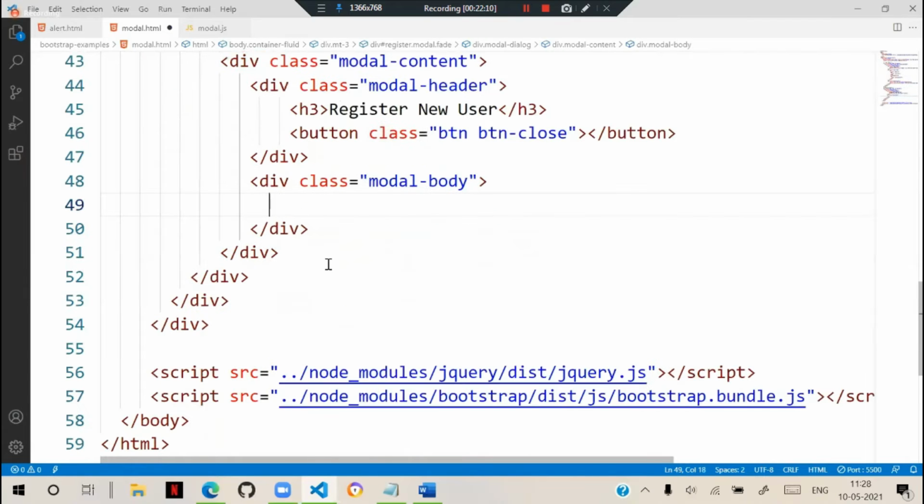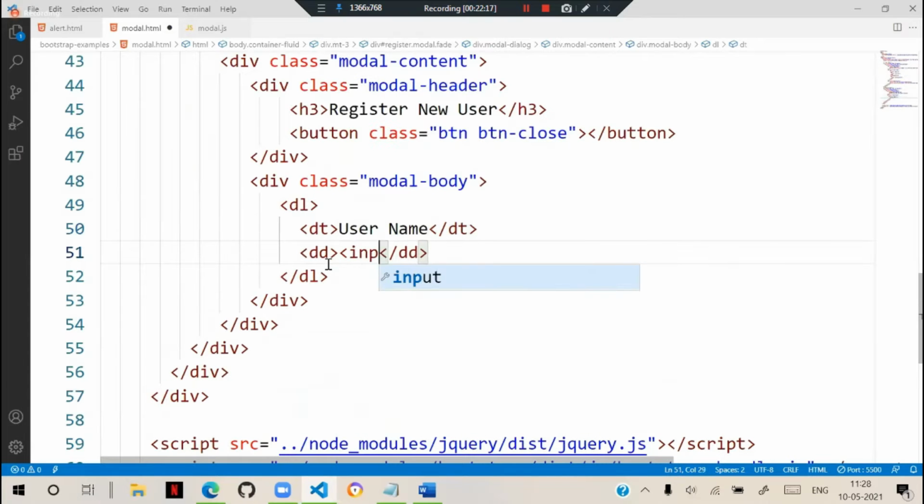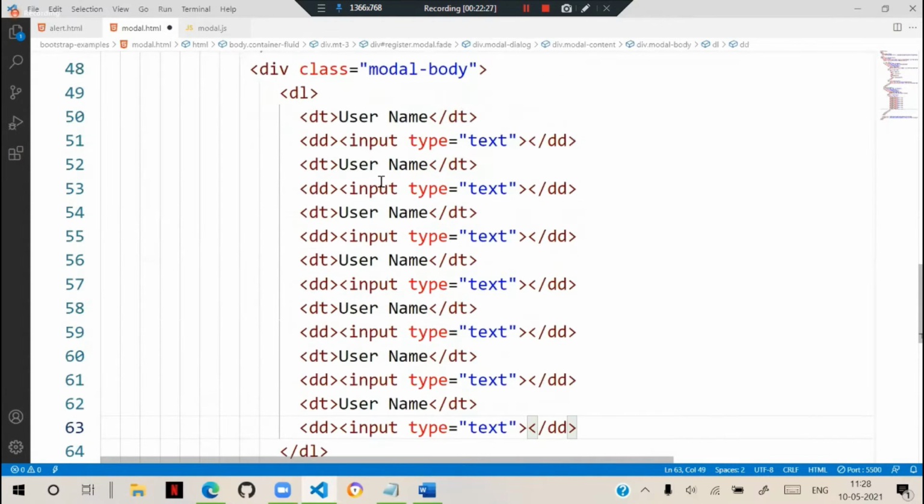Inside this, we have a data list with a data term, some username, and a data definition, input type equal to text. Like this we have so many things. Sometimes so many options will be there, like password, mobile, and email.